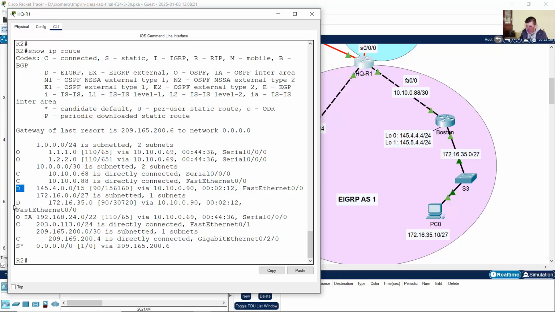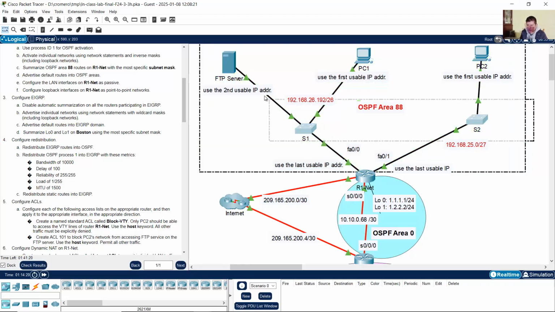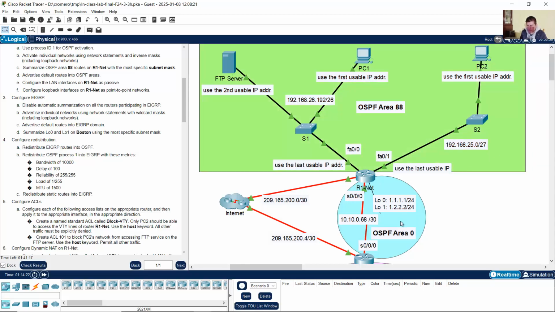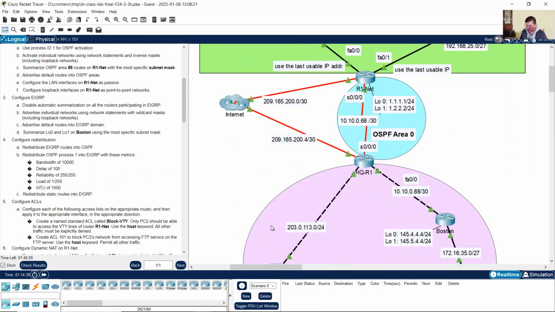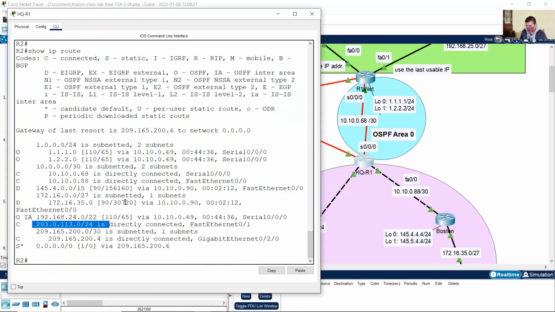Okay, for EIGRP. Remember, D is EIGRP. This OSPF inter area, the summarization of these 2 networks. Directly connected network is this. Directly connected network to internet and route to internet. Okay, anyway,